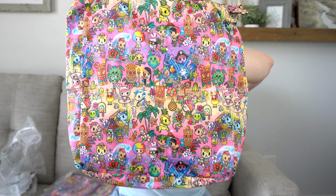But on its own, it is super duper lightweight, very lightweight. And one of my favorite things to do with these types of bags is to fold them up really, really tiny. You can roll them and pack them in your bag and take them to Disney with you. You can actually stick this in your diaper bag, take it to Disney with you, and